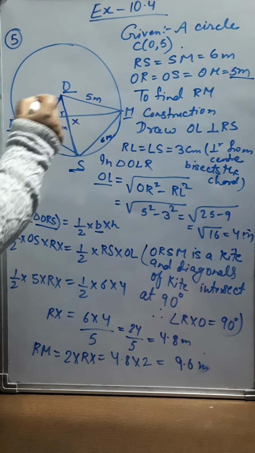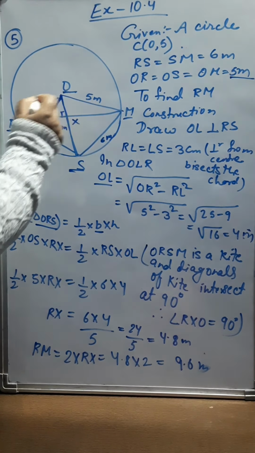Question number 6 says, a circular park of radius 20 meter is situated in a colony. 3 boys, Ankur, Syed and David, are sitting at equal distance on its boundary, each having a toy telephone in his hand to talk each other. Find the length of the string of each phone. Here you can see I have made a circle of radius 20 meter, and 3 boys, Ankur, Syed and David, are sitting at equal distances with the toy telephone in their hand, and they are talking to each other.